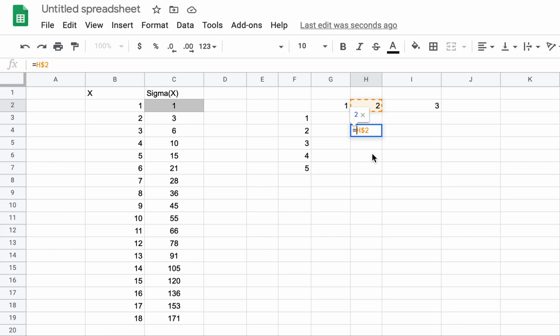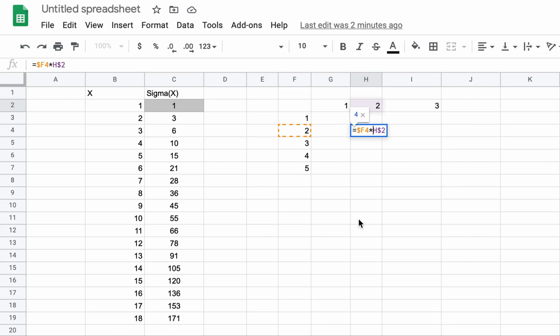And similarly for row, you want to fix the row now. Sorry. For fixing the row, we have done it in this one because we only wanted the second row. Now we have to fix the column. So for this one you want only column F, not column G. So you will say fix column F, and then take 4.